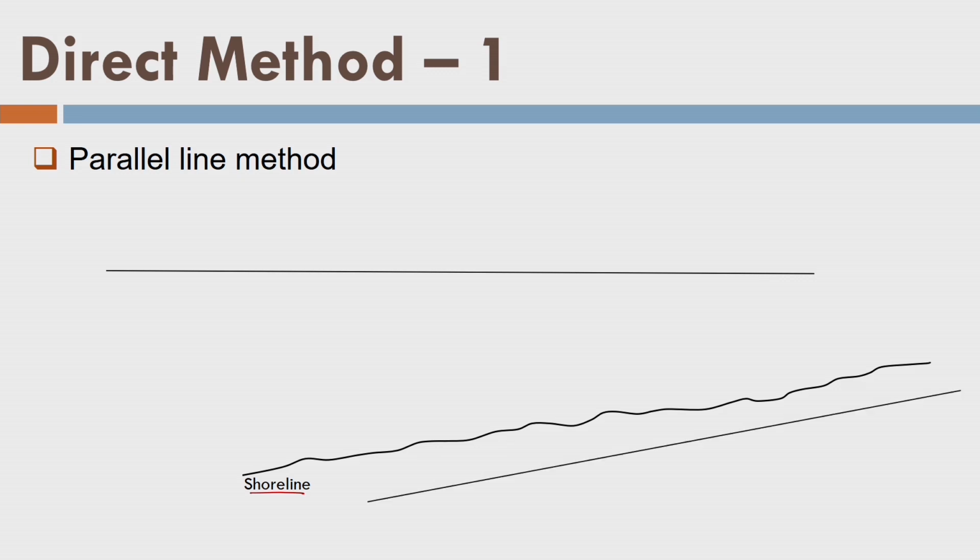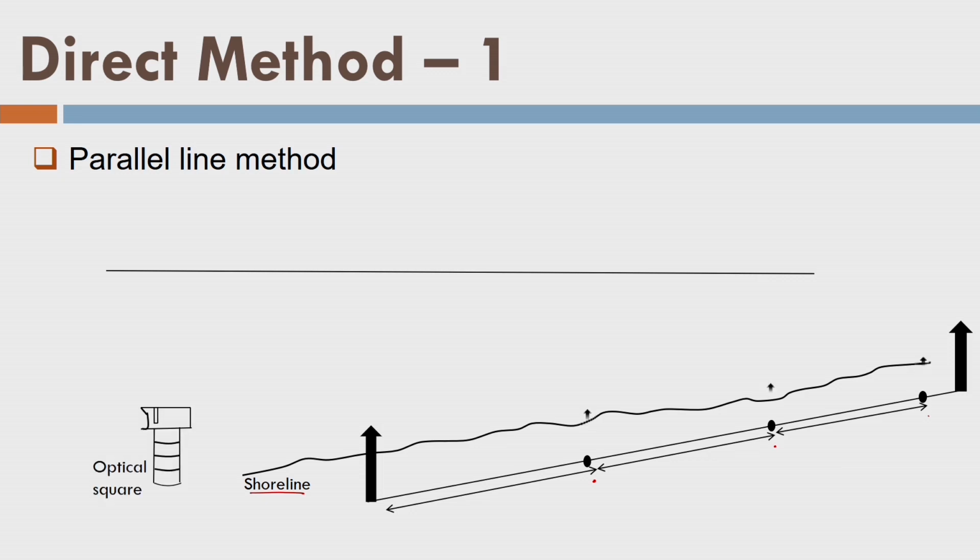We first lay down a reference line on the shoreline, and these are the reference marks shown on the screen. Then the distance between the two reference marks is divided into equal intervals like this. After dividing into equal intervals, let us mark these points here. On these points, we want to establish the perpendicular lines, or the survey lines, or our range lines. We take an optical square like this and put it on these points one by one, and using the optical square we draw survey lines or range lines which are perpendicular to the reference line.